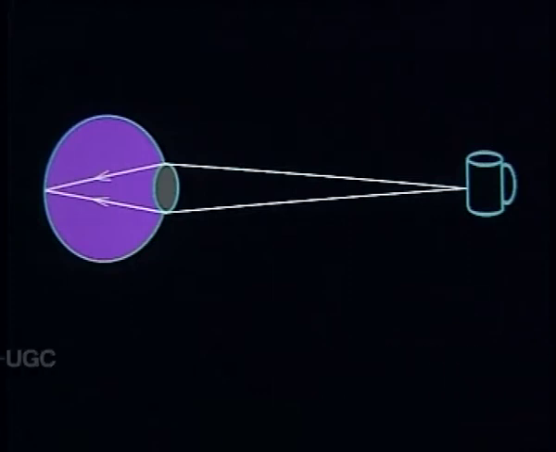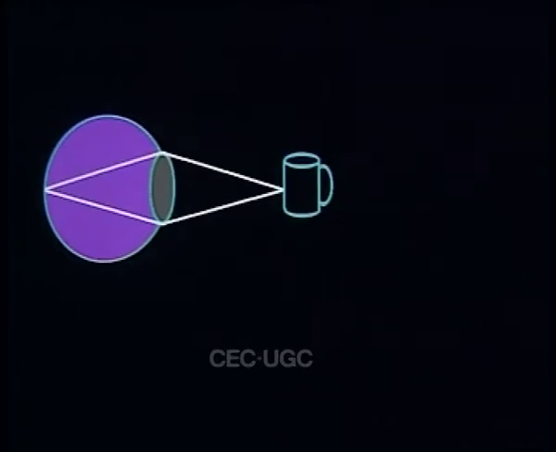In short, when you are looking at the distance object, the crystalline lens is made thin by the ciliary muscles, and we see the very clear object image on the retina. Whereas when we look at near objects, the crystalline lens is made thick by these ciliary muscles and the clear image is formed on the retina. This is called the accommodation of the eye, and it happens without our knowledge. It is very automatic.